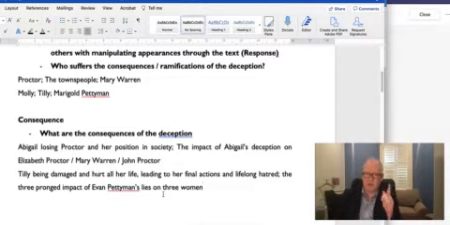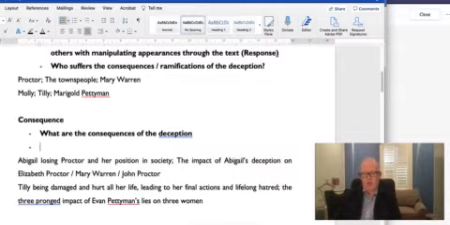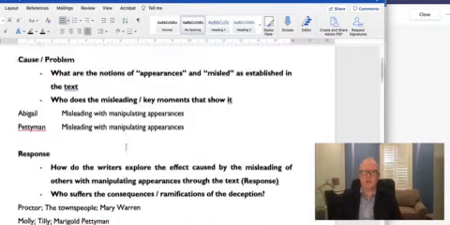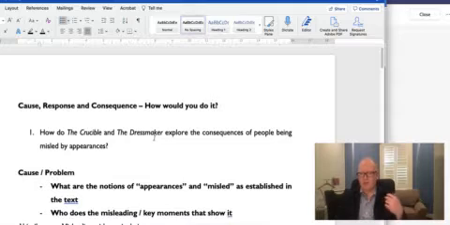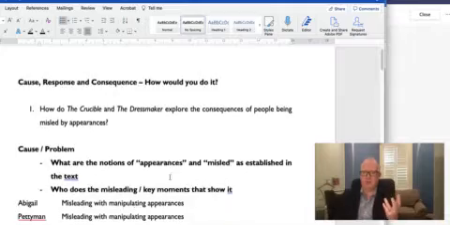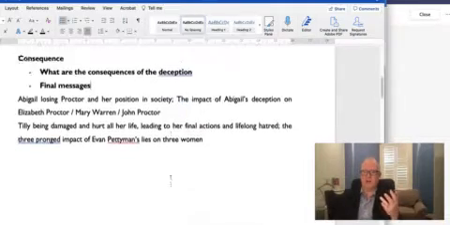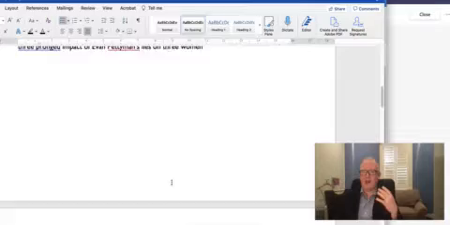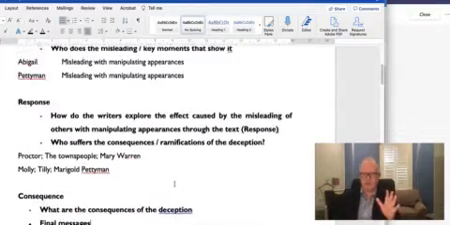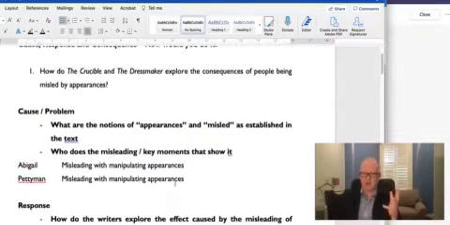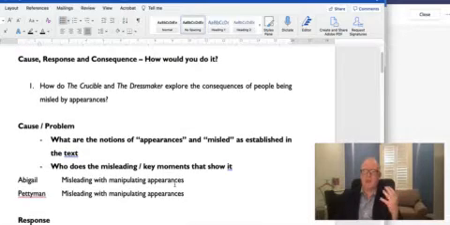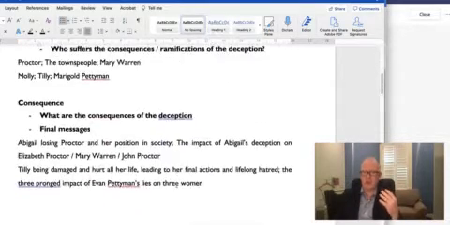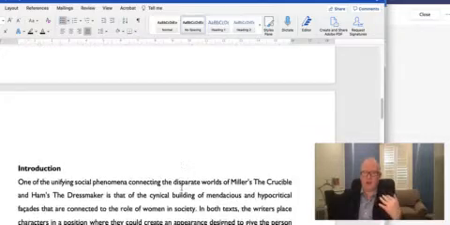But in that consequence, you need to be thinking also about final messages, because I would assume through any of these, you would be talking about the author's intention, all those sorts of things. But as a base, you can start with this. Author's intention you can really do as well, because what I've got there is the base level. Cause, response, consequence, at its basic level, you could think of it this way. But then, if you want to make it a bit more complex,